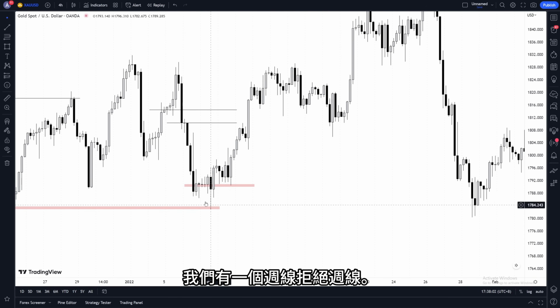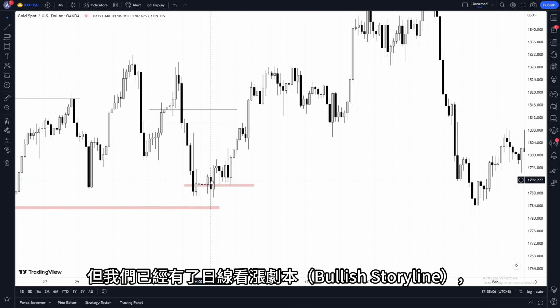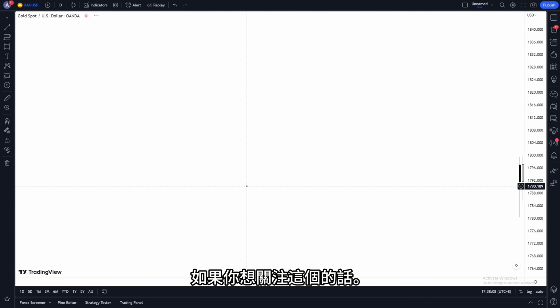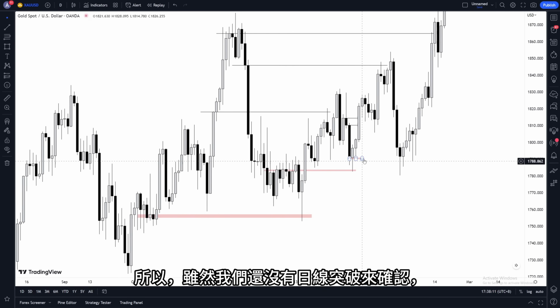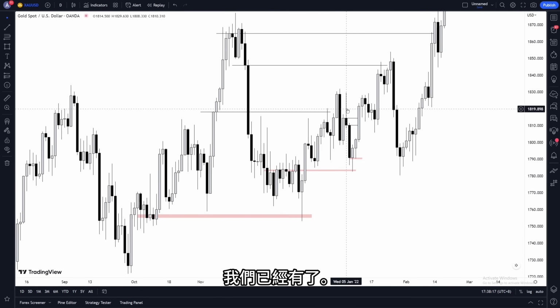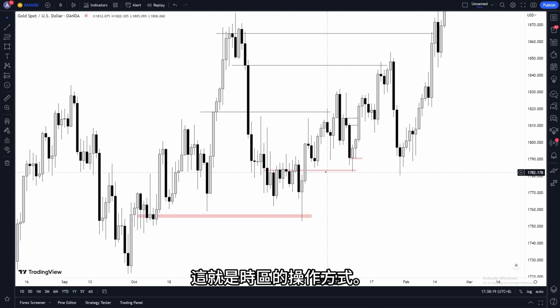We have a weekly reject weekly. We've yet to have a daily reject daily, but we already have a daily bullish storyline if you were to pay attention to this. So although we don't yet have the daily breakout to confirm the weekly, we already have, this is the operation of time frames,